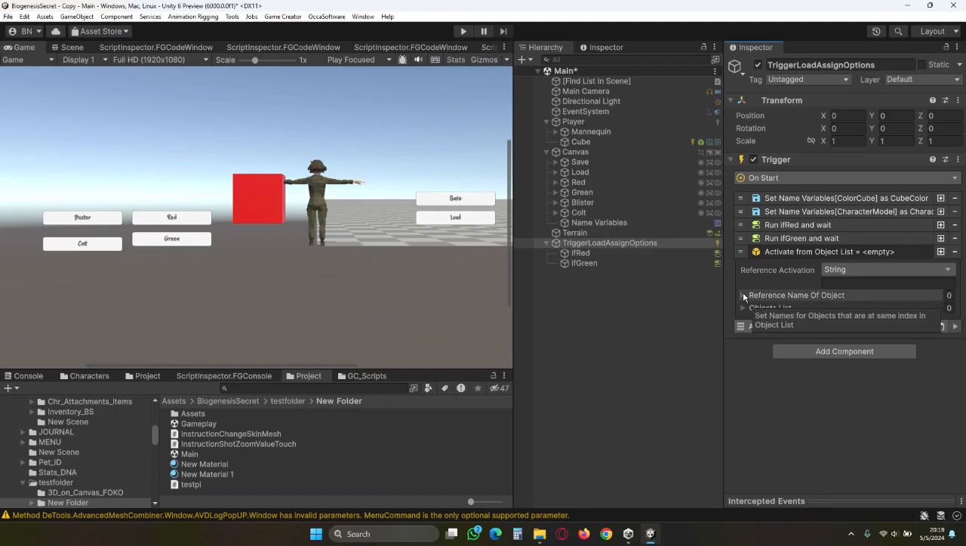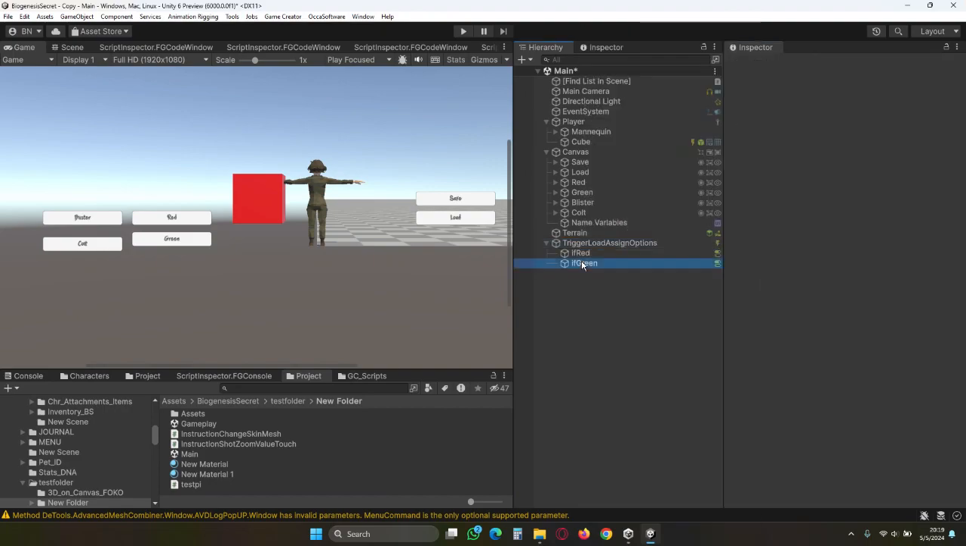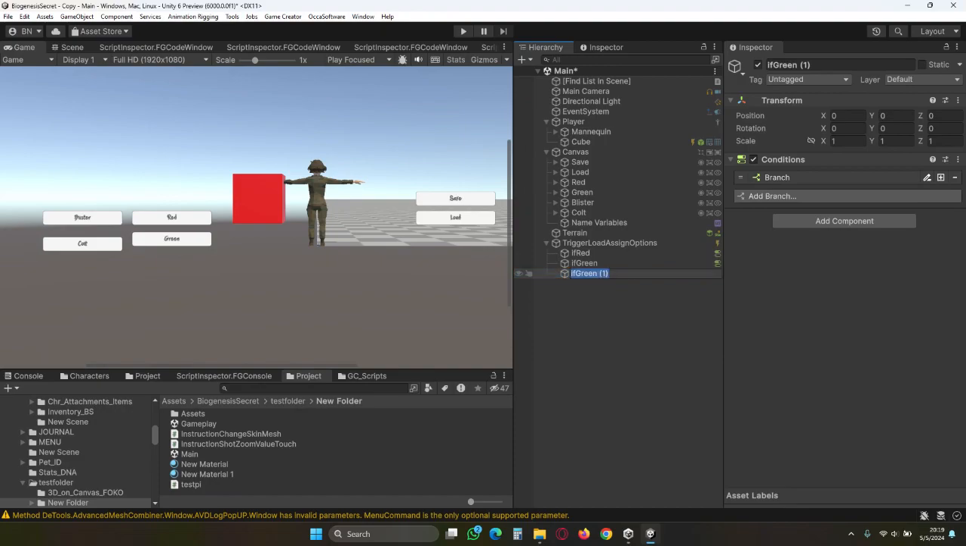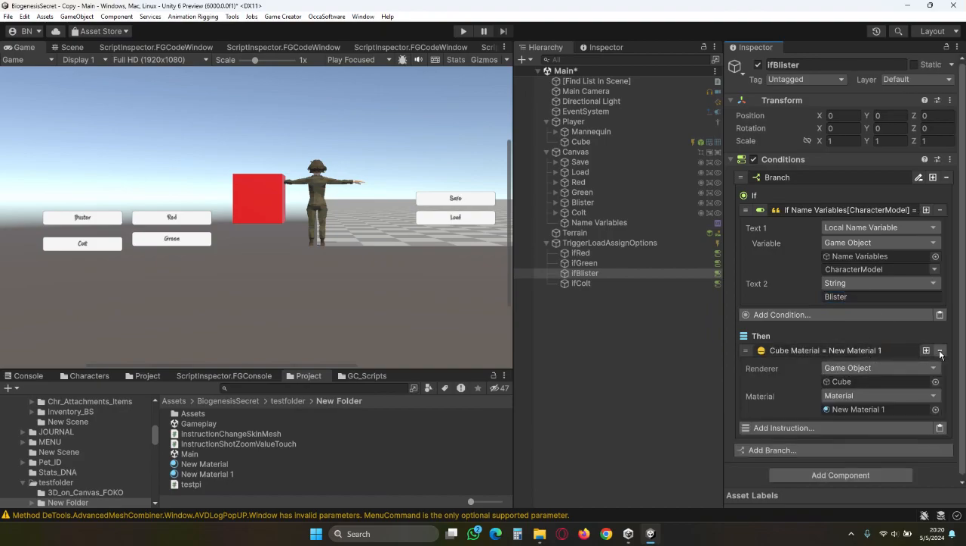Now this one with the reference is gonna be a little bit different, but anyway, let's create another condition down, and this is gonna be if blister. It's not the best organization that I have over here. And another one is gonna be if cold, and we are already at a half hour of this. If blister, so if name variable character model is gonna be blister, then in that case